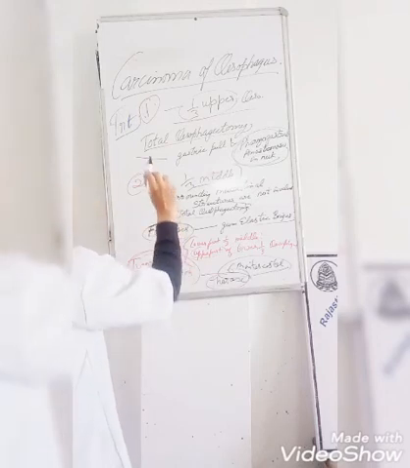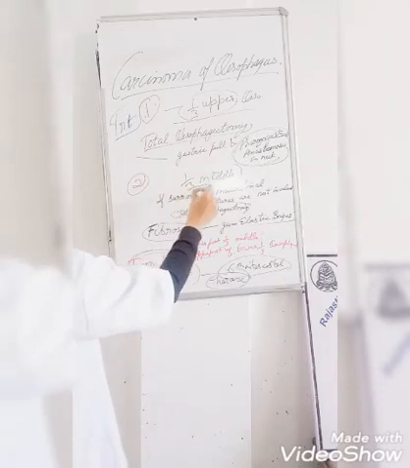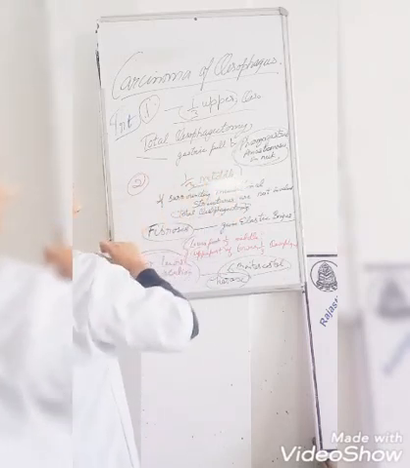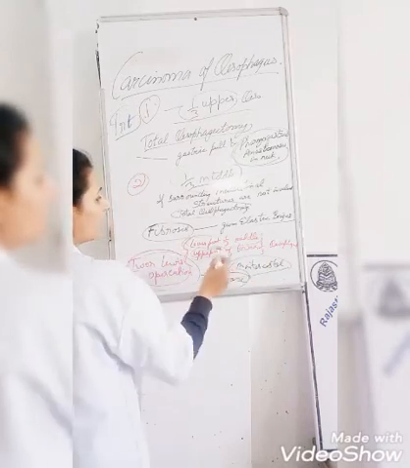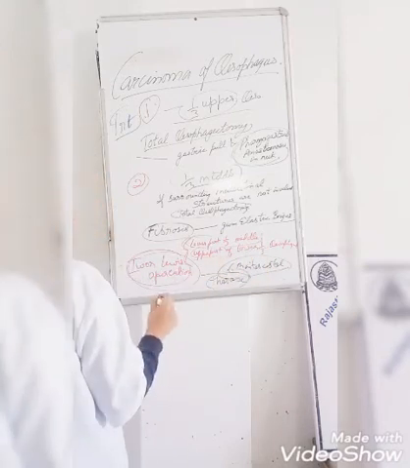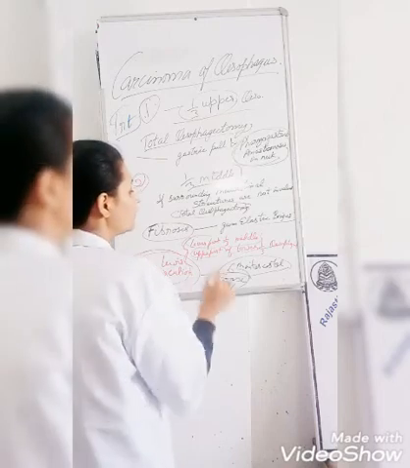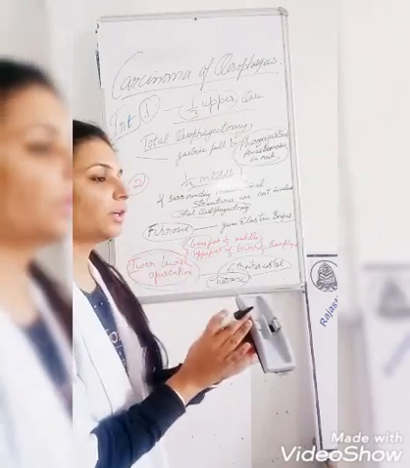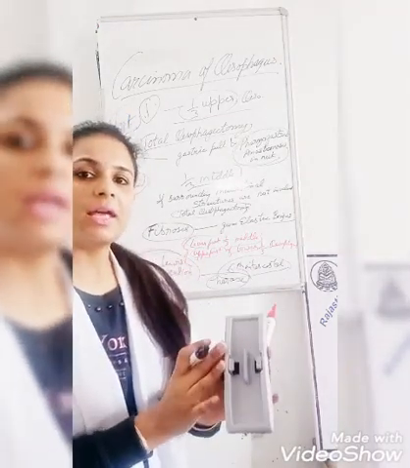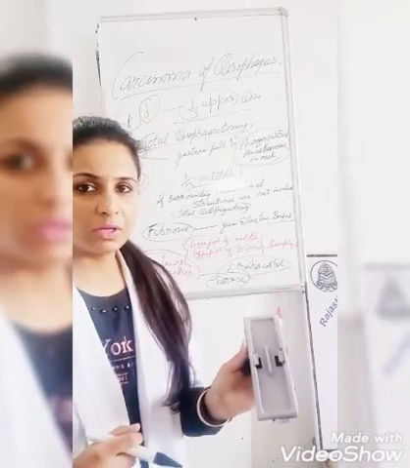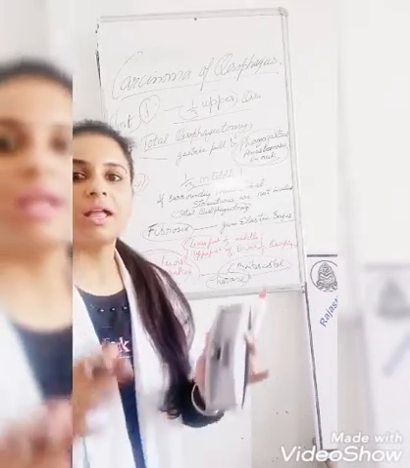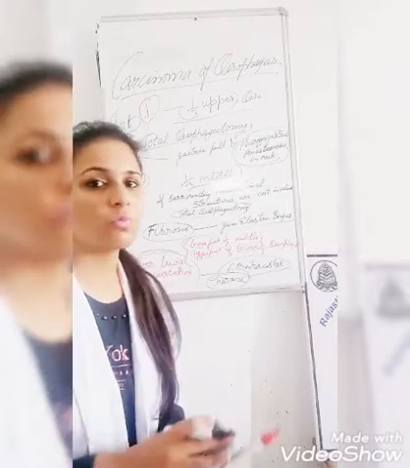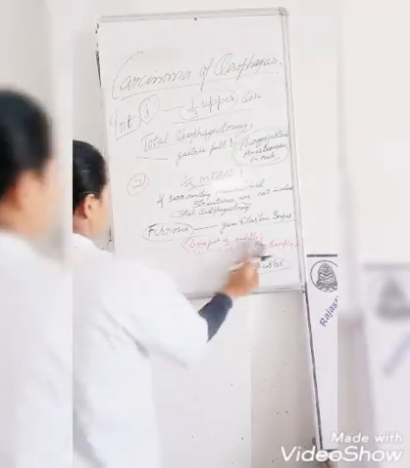But when middle esophagus is affected, and especially the lower part of the middle one-third and upper part of lower one-third esophagus, then we will do what? We will do the thoracotomy, and then we will remove the affected cancerous portion, and then we will do esophagogastric anastomosis in thorax.